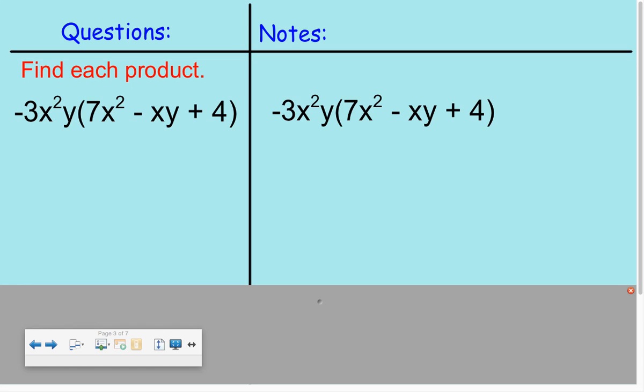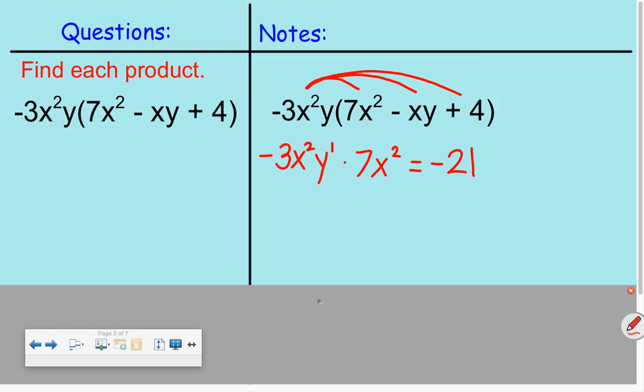All right, distribute. This time we have more than one variable, so it's going to be a little more complicated. So negative 3x squared y, and I'm going to do y to the first, since there's no variable or exponent there, times 7x squared. So negative 3 times 7 is negative 21. I have 2 x's and 2 more x's, so that makes x to the 4th, and then I have y to the 1st power, or